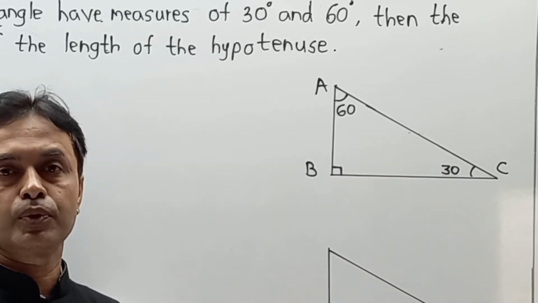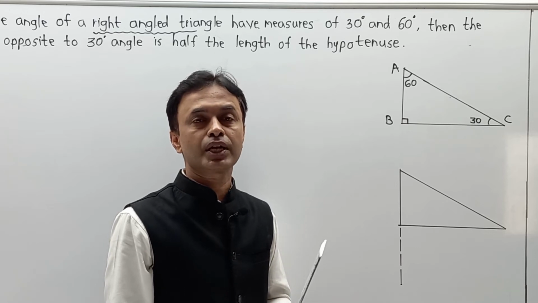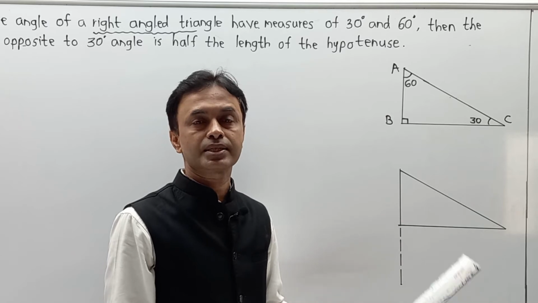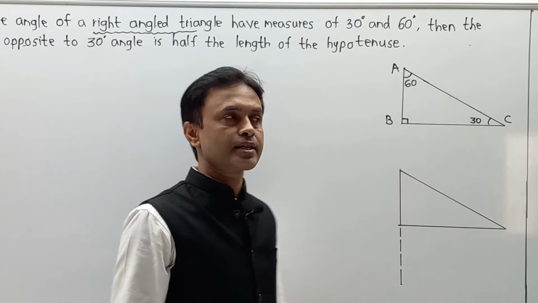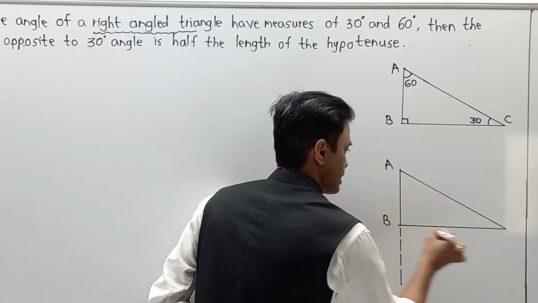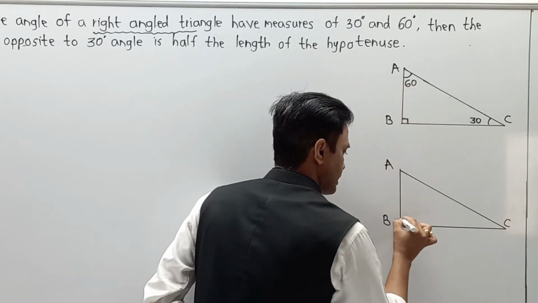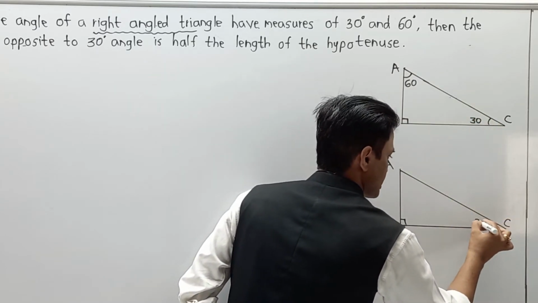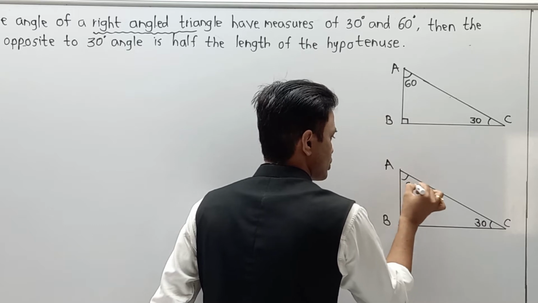After given and to prove, we have to make the proof of that. But in that case, the proof is not directly available, so we have to do a construction. But what is exactly that construction? Let me clear. Your original triangle ABC is as usual. Angle B is 90 degree over here, C is 30 and A is 60. This part is as usual.